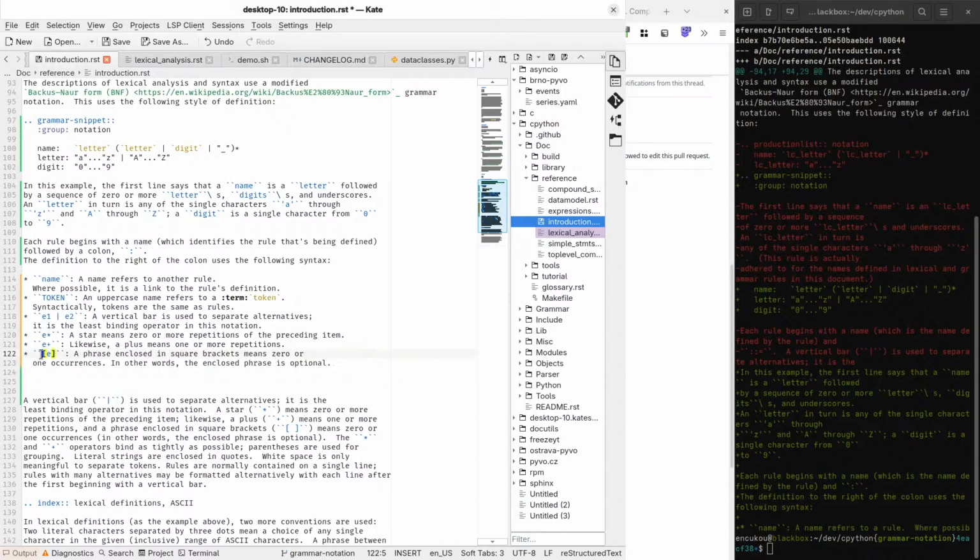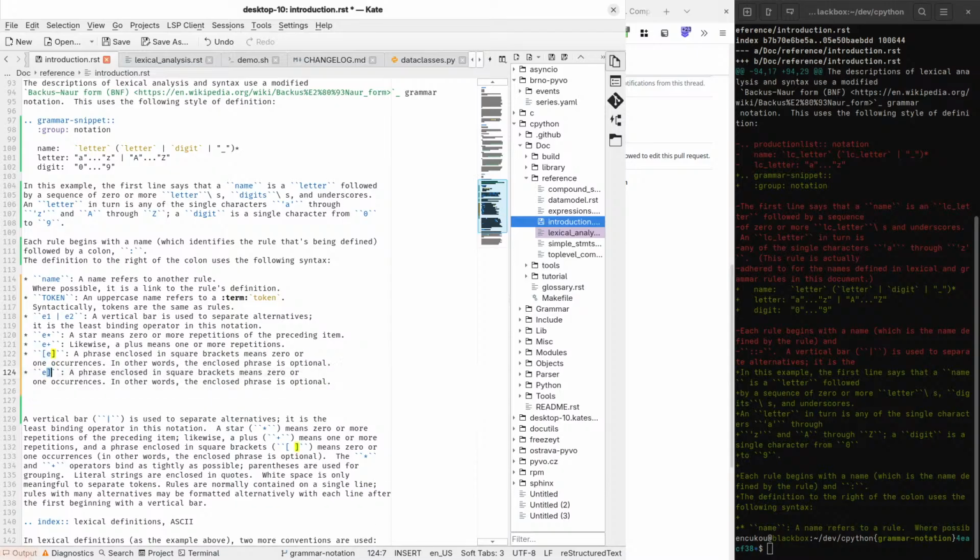And we have square brackets here. We also have the question mark.